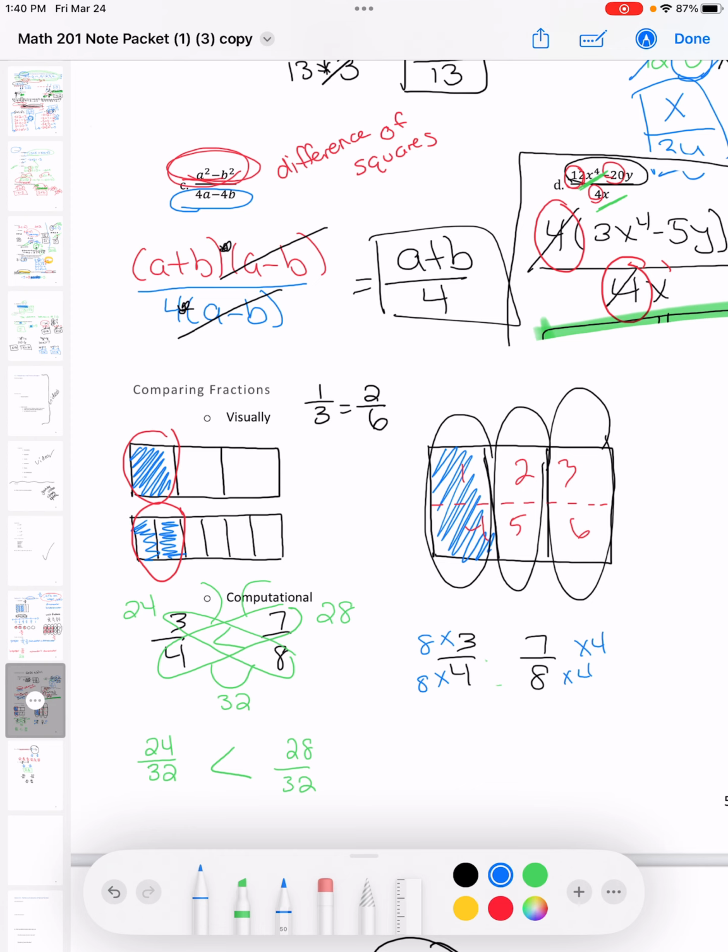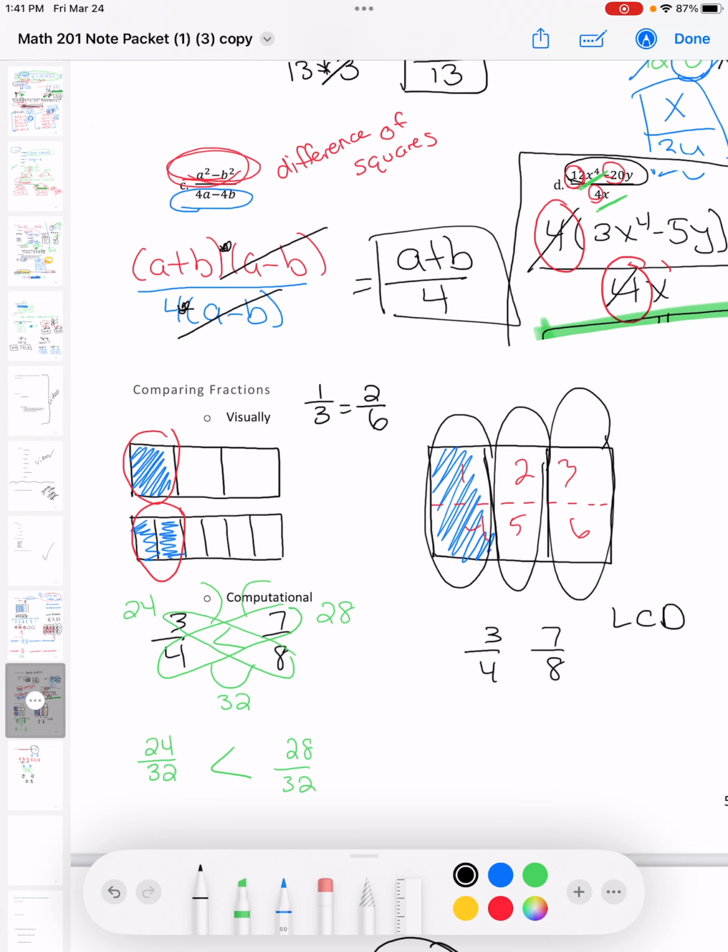It does it in a cute way with that cross multiplication, that butterfly method, to help you remember how to do that. But that is what it's doing: getting a common denominator. Now, it's not the least common denominator, but it was a common denominator. So another way to do it, I'll keep this same problem, is to get the least common denominator. The LCD is what it's called a lot of times. The least common denominator